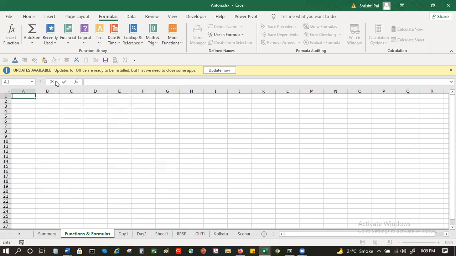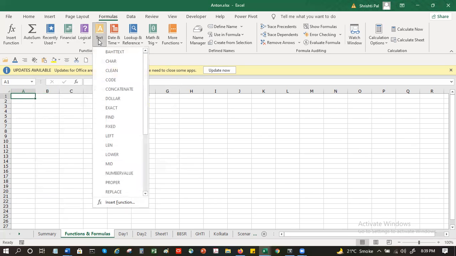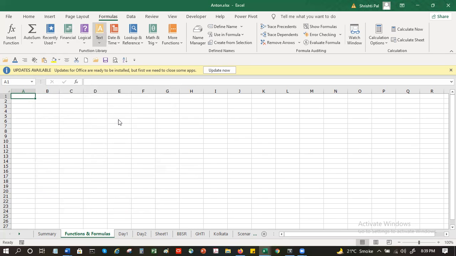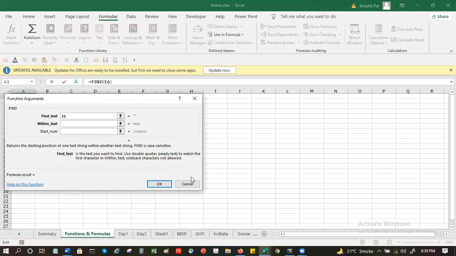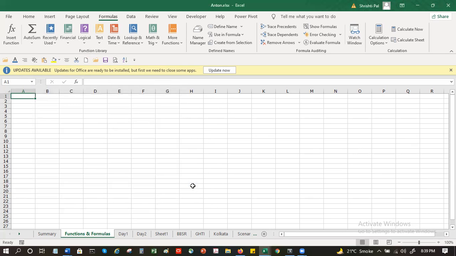Another way to do it is, if you know it's a logical one or it's a text related one, you can go to text and you can say, okay, this is the one that I want. Let's say fine. Then I'll double click on this and this will get chosen. Another option that we usually use, once you start using it more frequently, you will become comfortable. You will know the terms, you will know the function names. You can easily refer to them.